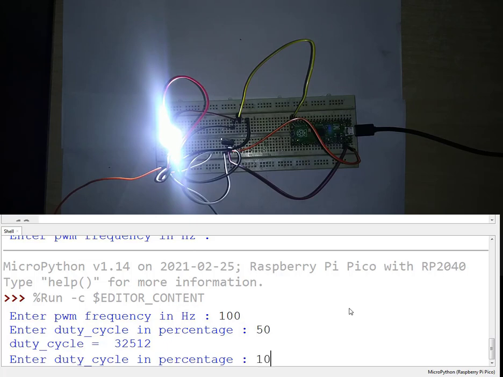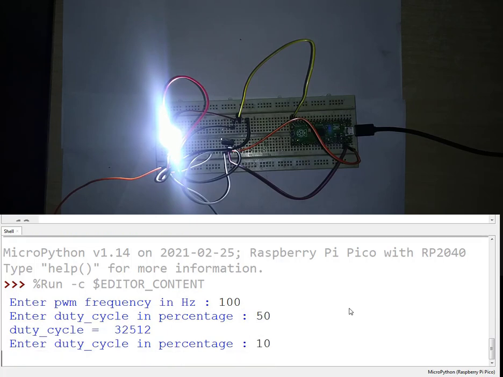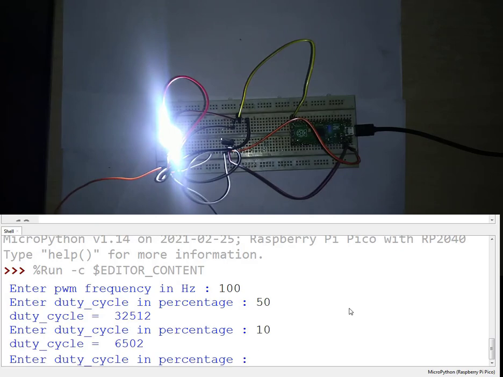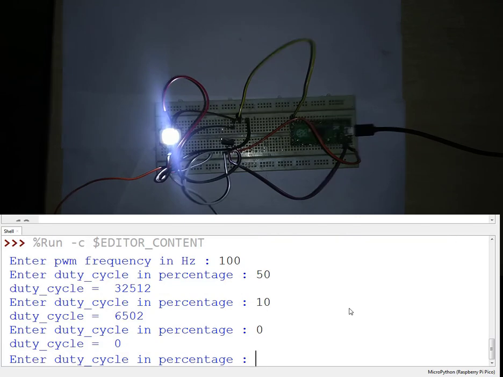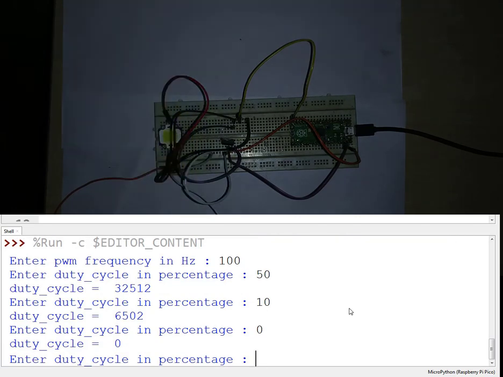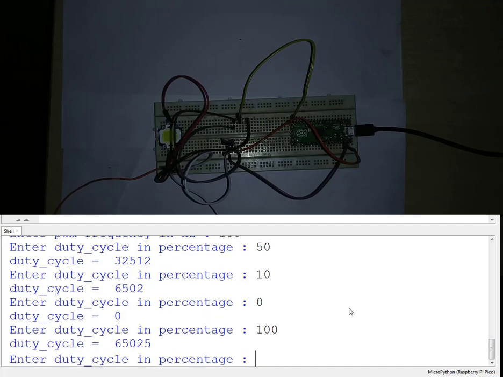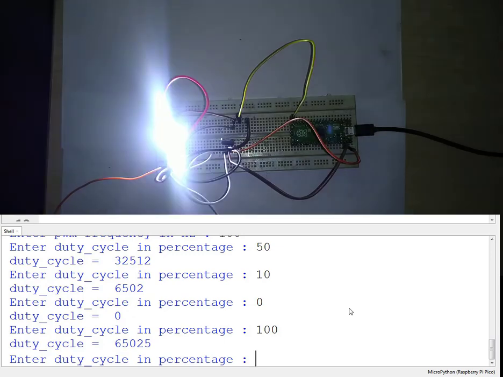For comparison, if I give the duty cycle of 10, now you can see that the LED is not so bright. I can give the duty cycle of 0 if I want to turn the LED off. I can also give the duty cycle of 100 if I want to turn the LED on at the highest brightness, like this.